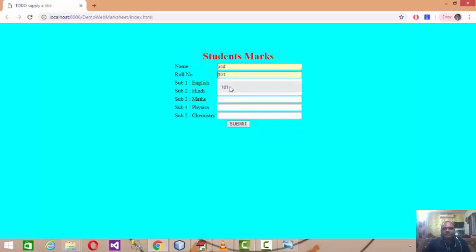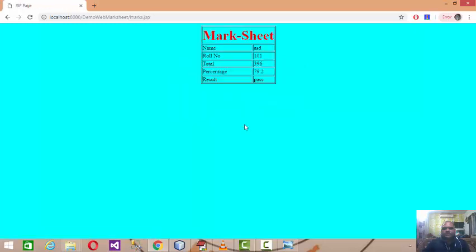Once I input all the data and submit the web form, let's say if I enter some data in it, and submit this, the data will get submitted to the server side response page, or we can say this is a controller page which is going to read the data first, and after that it is going to process the data and develop the response for the client.